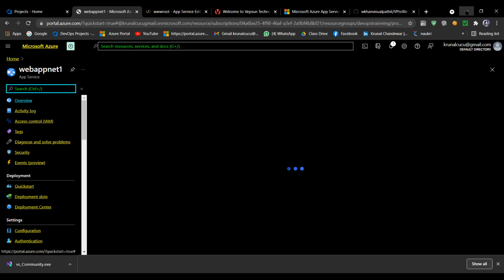So we are going with ASP.NET Core Web App. Click here, ASP.NET Core Web App, and after that click Next, and it will ask you for the name.